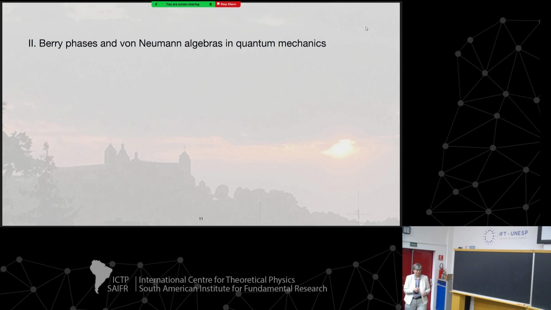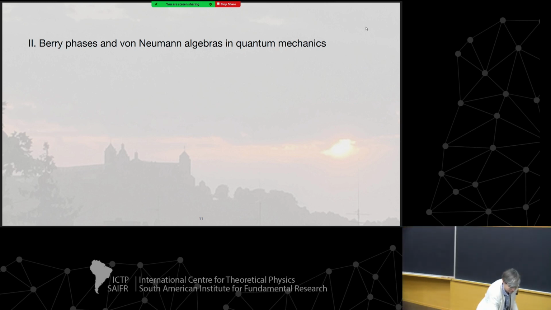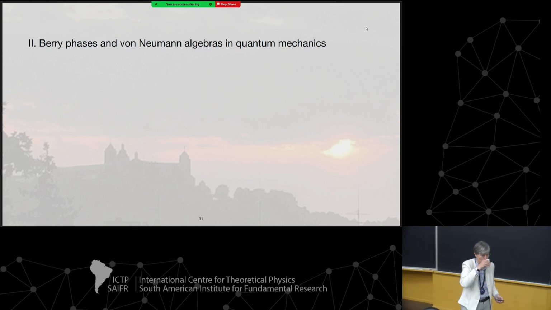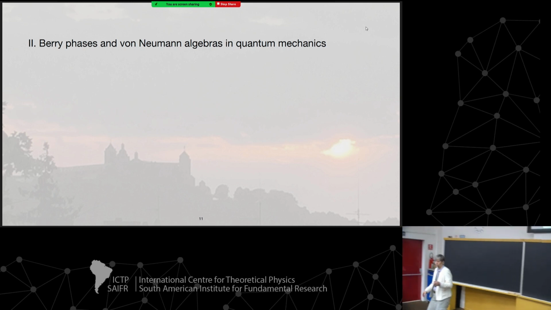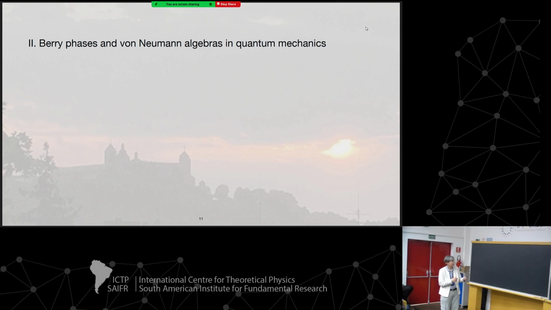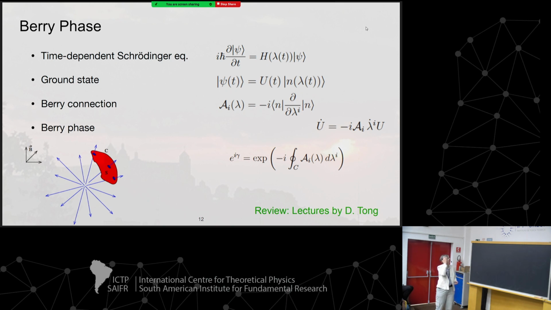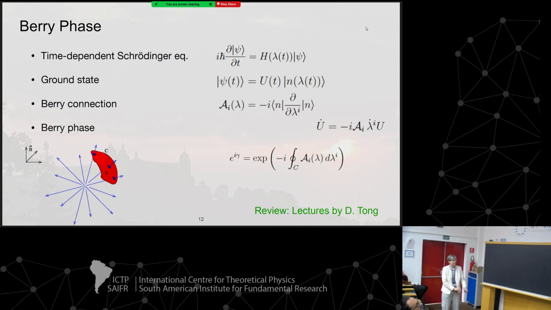All right, so that was my review part to set the scene, and now let me turn to these geometric phases and what they tell us about the story. First of all, let me briefly define what a Berry phase is. There's a very nice review in the lectures by David Tong on the quantum Hall effect. This is an ubiquitous mathematical concept in all branches of physics, in particular in condensed matter physics. There's a lot of use of this.